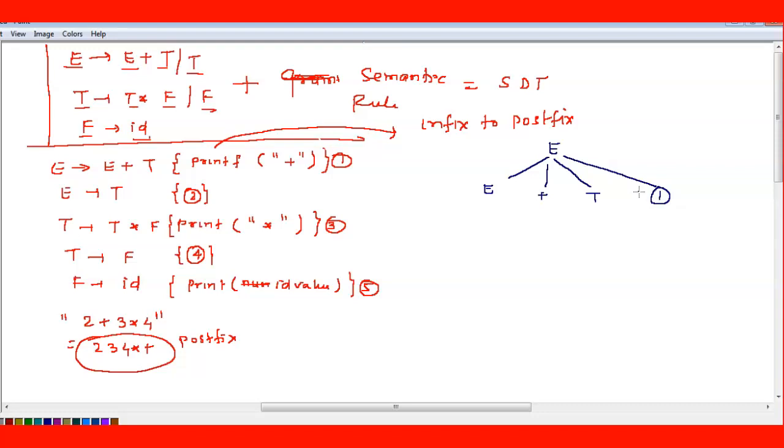Any doubt till here? Now here E derives what is given. Now see here, based on this one you have to draw 2 plus 3 star 4. So I will take now E as a T, right? Because I don't want to expand this one further. So E I will take as a T. So T and 2.